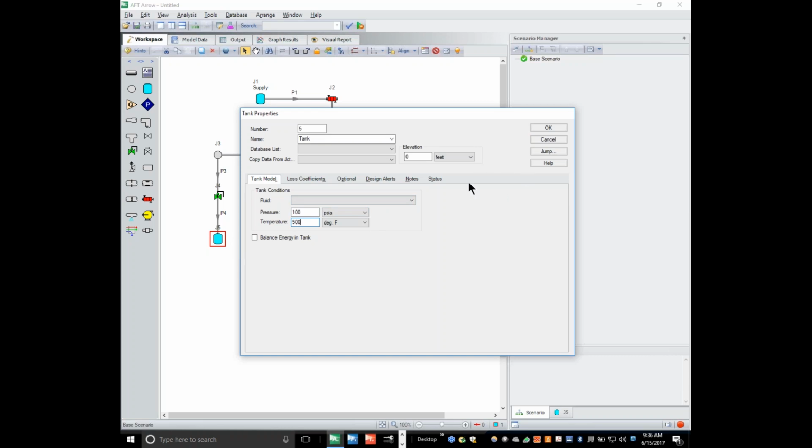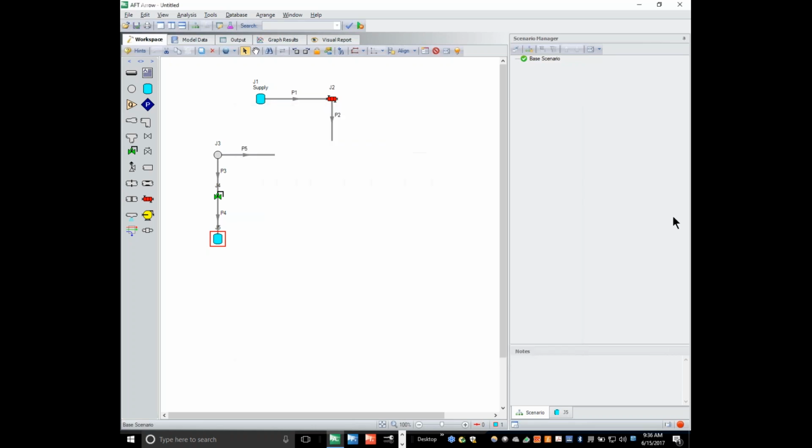Now, this temperature just needs to be entered. This is a placeholder in the event that we have flow back into the system. I know from experience that won't be the case. However, we do need that initial guess if it's determined that that flow is actually in the opposite direction. So I have all 5 of these junctions specified,